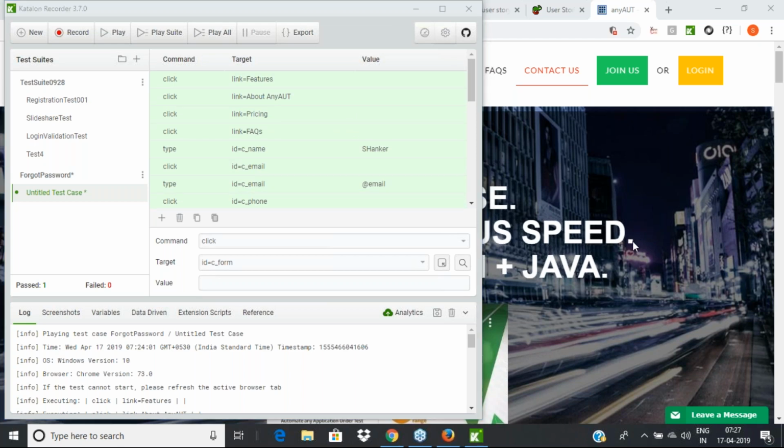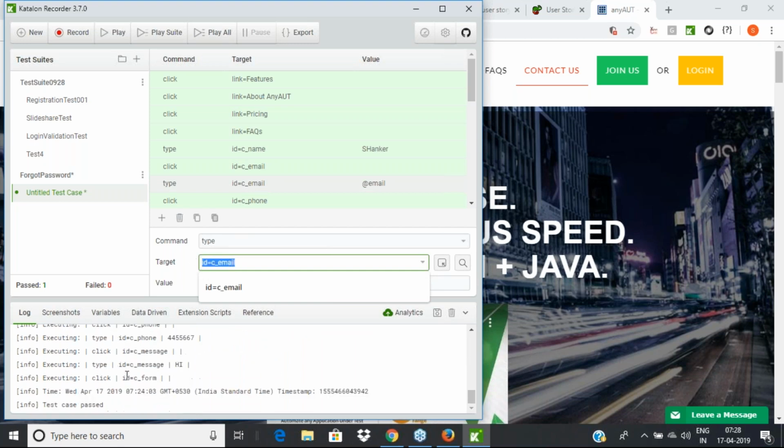Okay, is "element not found" the only error message received for incorrect locators? Is there any identification of the same? That itself is a good indication for us. For example, previously when I said ID equal to C email, you will see an error here: the corresponding element is incorrect, or element not found. That means the target column is very important. Whatever we are using in the target column, like ID with a C email, there is no